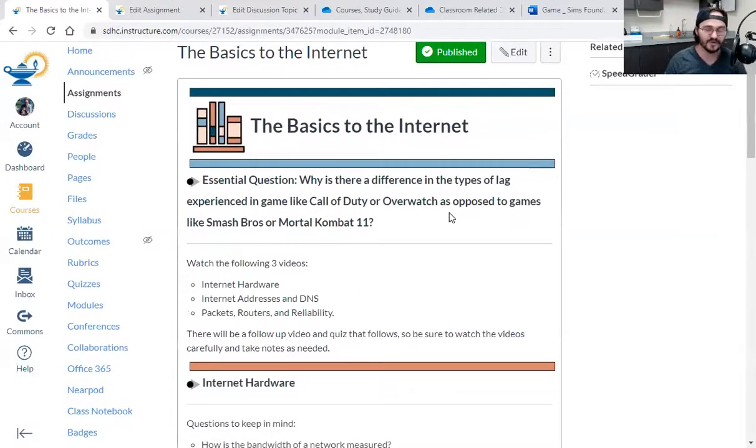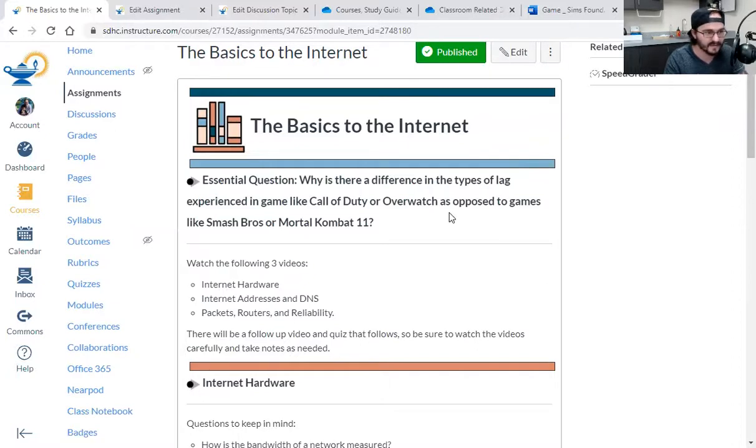If you've ever played any shooter game like Call of Duty, Overwatch, or Fortnite, and you've played a game like Smash Bros. and Mortal Kombat, when you're playing the game, it lags out on you. In Call of Duty, it's first person, right? So you'll be moving, and the next thing you know, your screen will have jumped, or it'll lag out, and it'll freeze frame, and you'll be here one moment, and here another moment. And one moment you'll be going after another guy, maybe you'll throw a bomb at them or shoot at them, and then all of a sudden it lags out, and now you're dead. And you're like, I saw 12 bullets hit this guy, and now I'm dead.